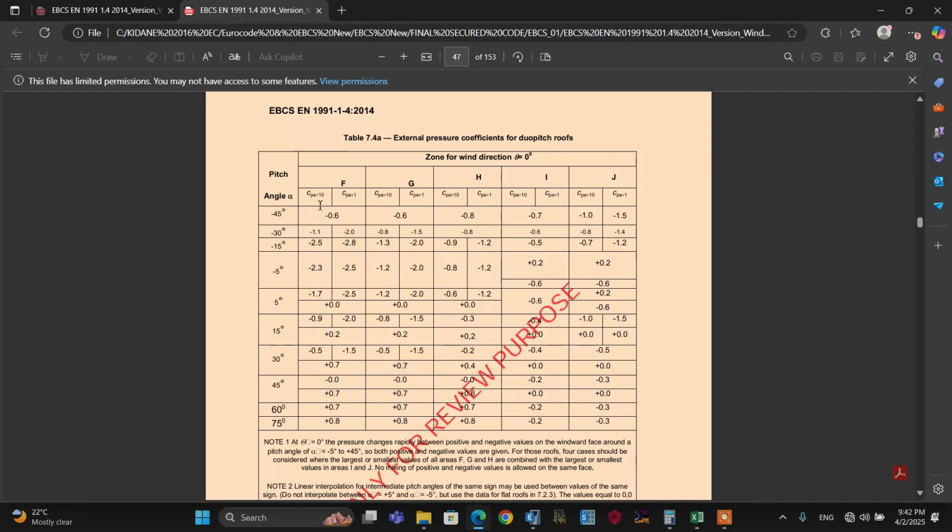So from this, we have CPE 10, that is external wind coefficient 10, and external wind coefficient 1. So how to use these wind coefficients? If the calculated area is greater than 10, you can use CP10. But if the area you have calculated is less than 1, you can use the value of CP1. But if the area that we are going to calculate is between 10 and 1, let's have